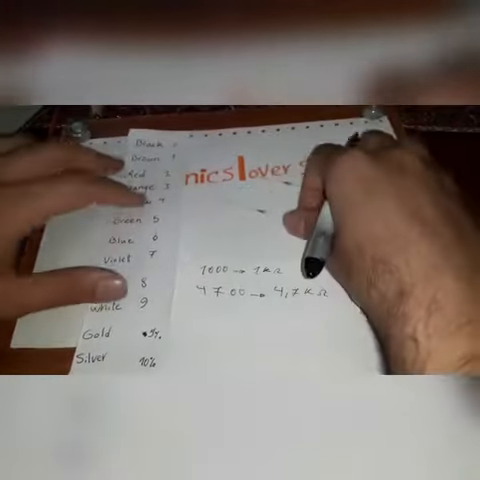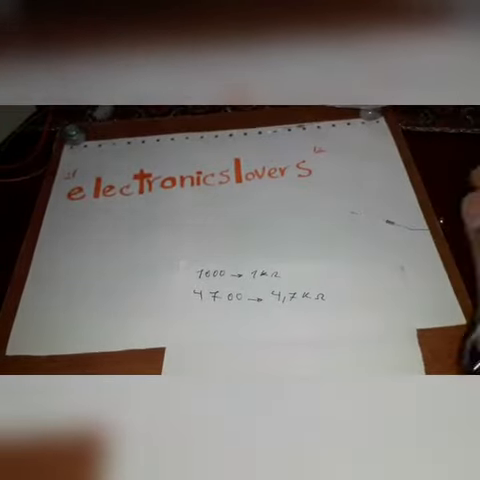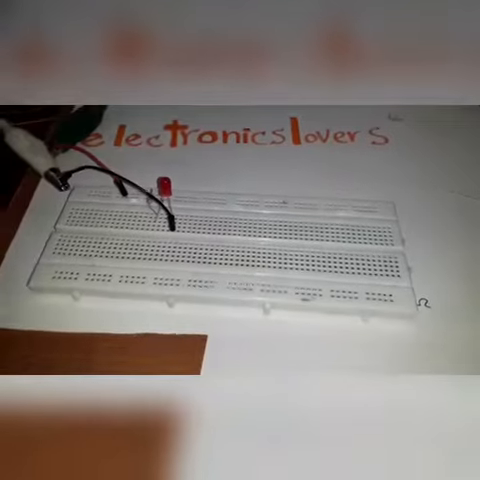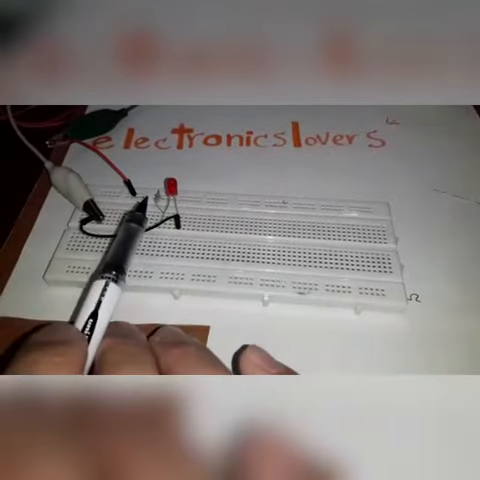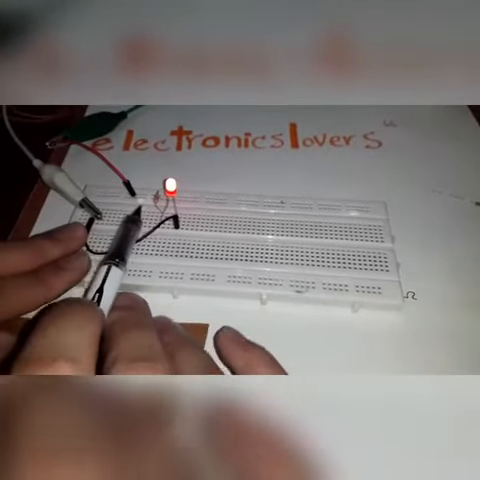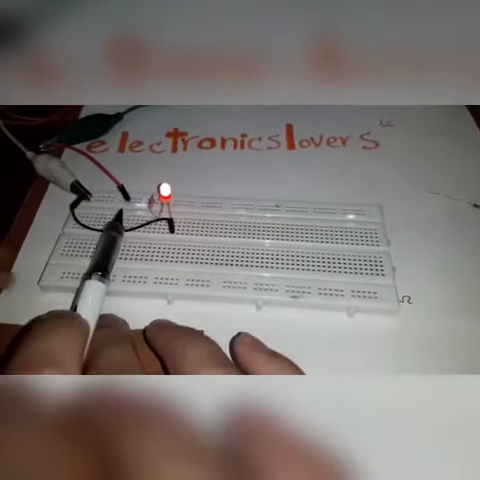So we have a simple circuit here. We use the resistor. So when we put the resistor here, the current is controlled, and we don't have a problem. But if we don't have the resistor, for example,